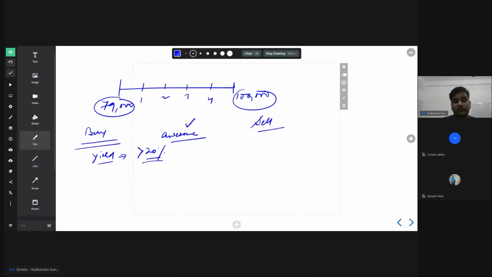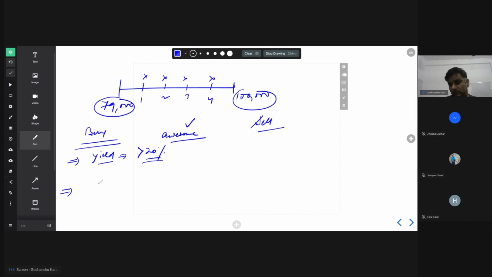That is really great. But another point which is coming is that you're not getting any periodic cash flow, right? You're not getting anything after 1 year, 2 year, 3 year, 4 year. Then generally this is done by these kind of bonds are, just a second guys,